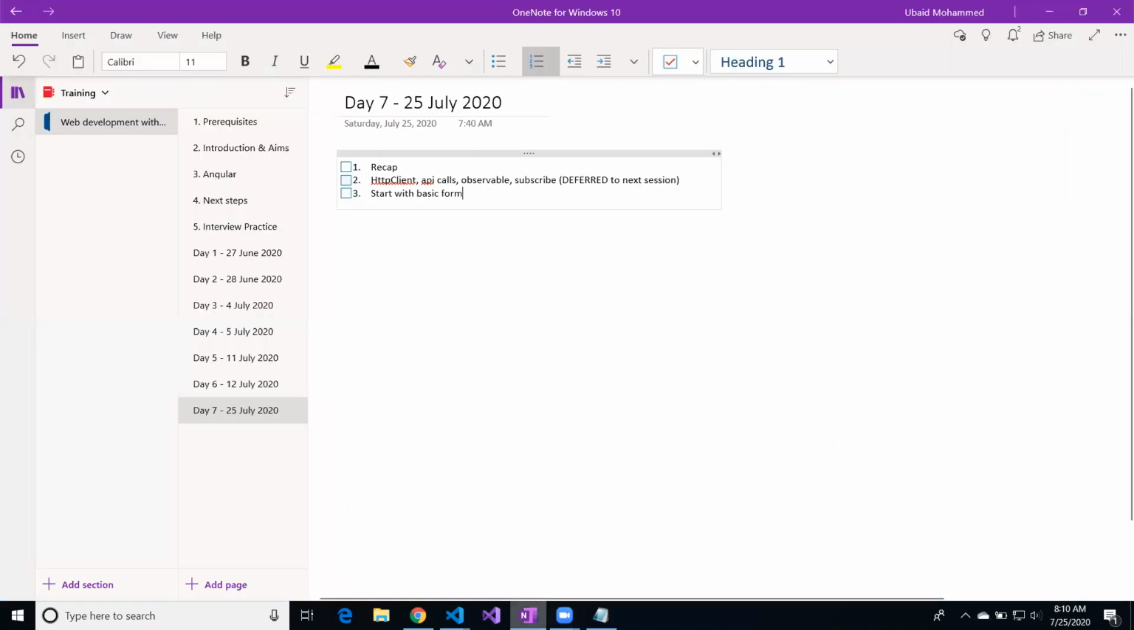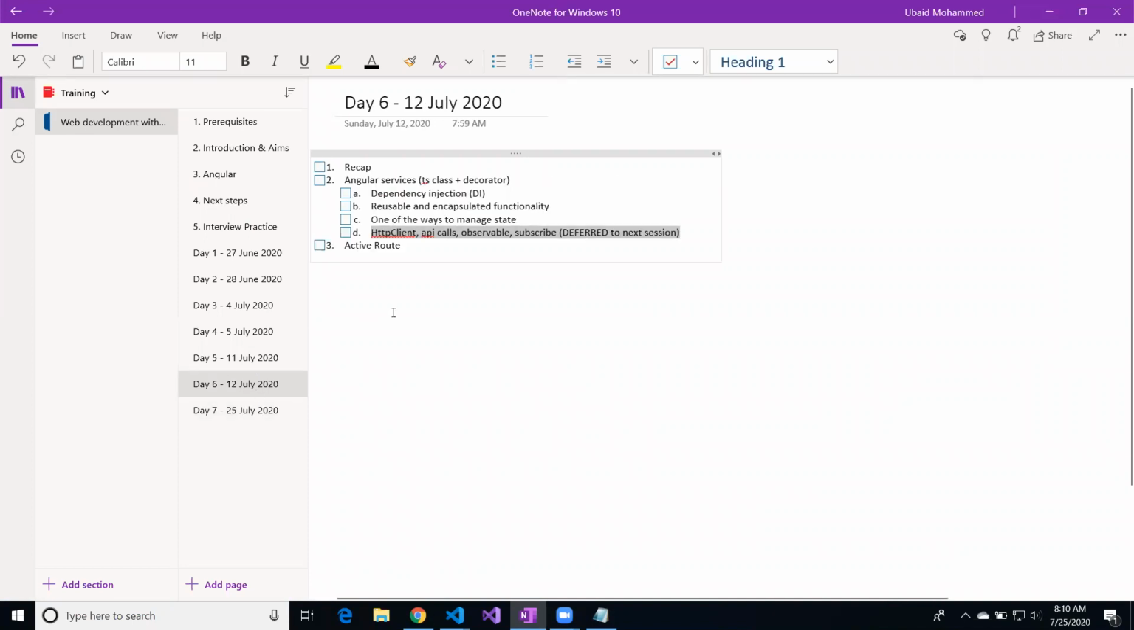Like always, we'll have an agenda for today, and then we'll try to follow that agenda as close as possible. Let's start with recapping what we did last time around, and then we'll go over each bullet item one by one. So last time we looked at Angular services and their definition and what it means by dependency injection,